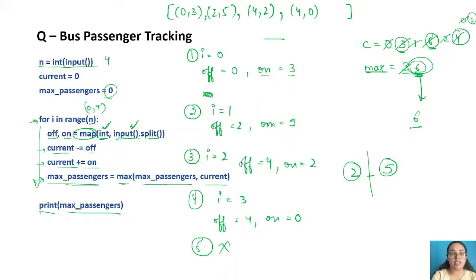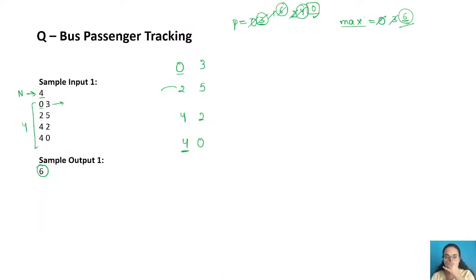Okay, Karnati, you were asking me to take the input of these things. See, it is very similar to the one where we take the space separated input of an array, right? In an array, if I want to take a space separated input, we write it like list, map, then we define what data type we want, and then we do input dot split. This is what we do.